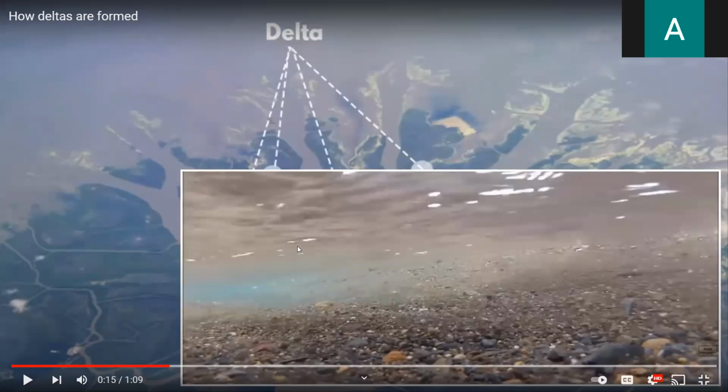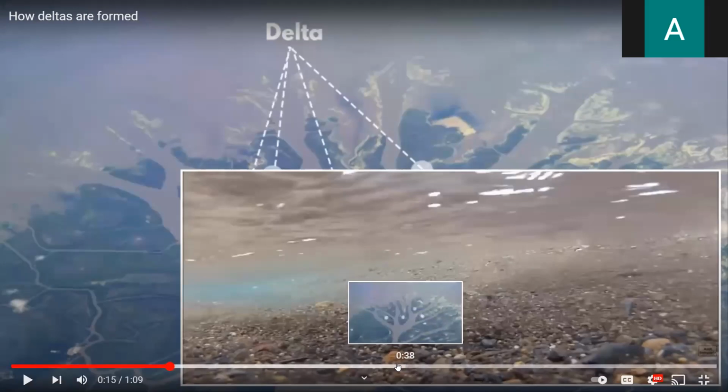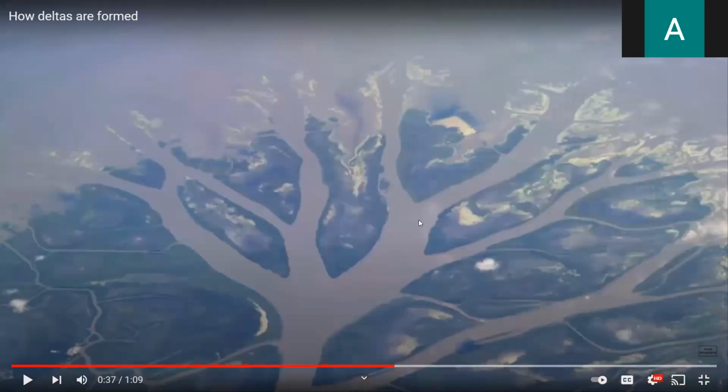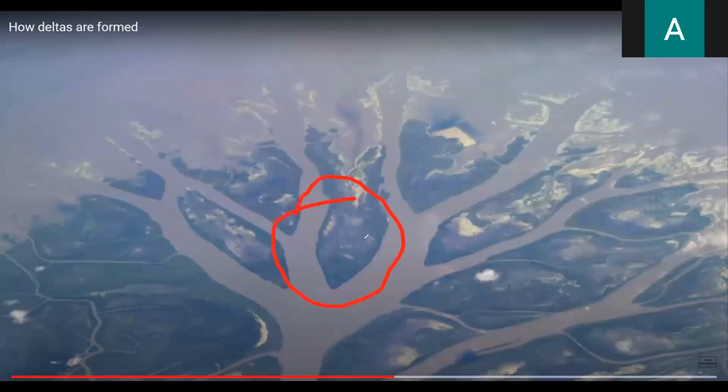So this is the river down here floating. When the river runs away, what happens? It carries with it these small pieces of rocks. And when it meets the ocean, it must slow down. When it slows down to meet the ocean, sediments and rock will be put upon each other together to form this area. This area will be full of soil, and this soil is very good to grow new plants.